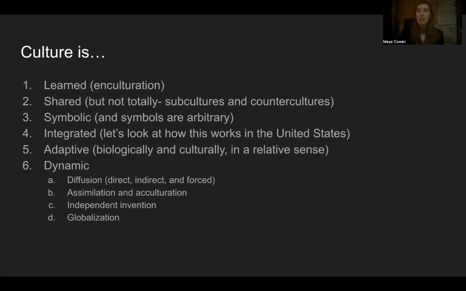Another way that cultures are dynamic is independent invention. So what that means is that there are inventions that have happened all over the world, where different cultural groups have come up with the same idea. The big one would be agriculture. I think it was 7 times around the world that agriculture was independently invented in totally different spots. It wasn't that the Incas were chit-chatting with the people in Mesopotamia who invented agriculture, but those two groups still both came up with agriculture.